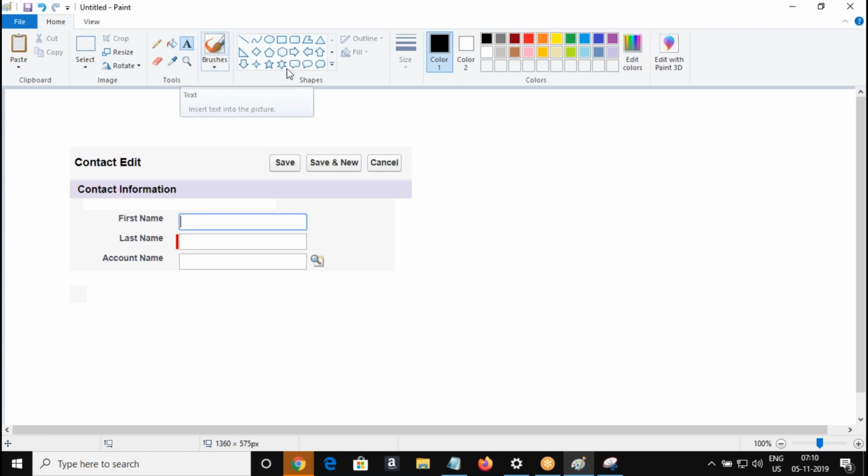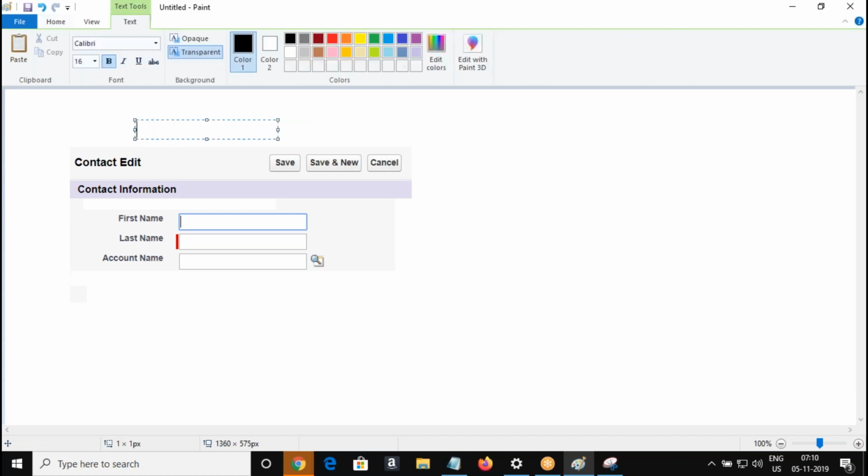I can use a page block. I can include a section with the help of a page block component. And for the page block component, I will add a title, contact edit. Am I right?